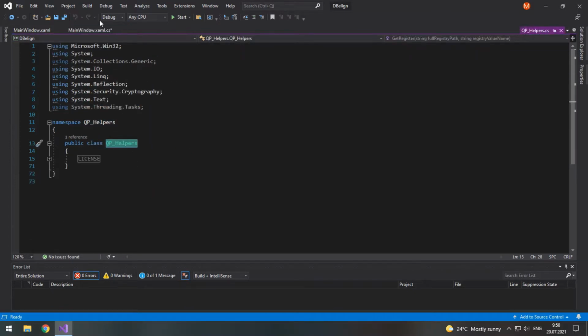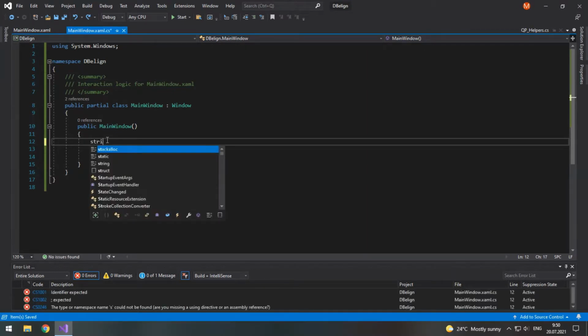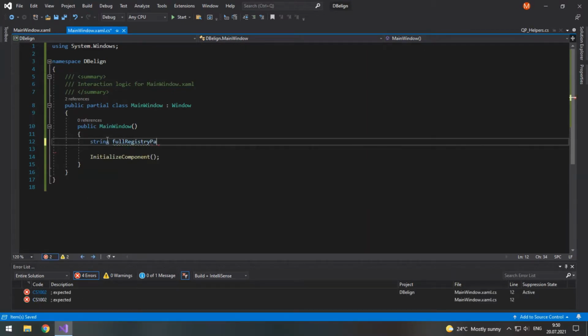Namespace, class name. In our constructor here, we will first specify the full registry path where the license key will be stored. So string full registry path equals @, then HKEY_CURRENT_USER, then backslash software, again backslash, and here you customize a bit.